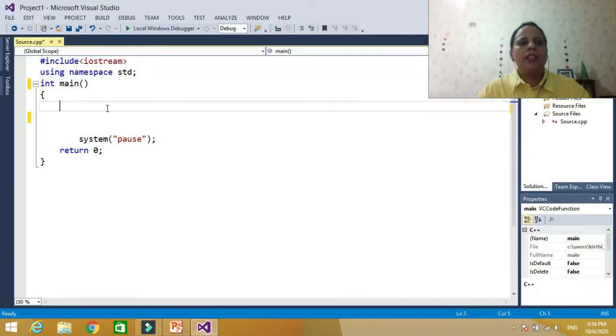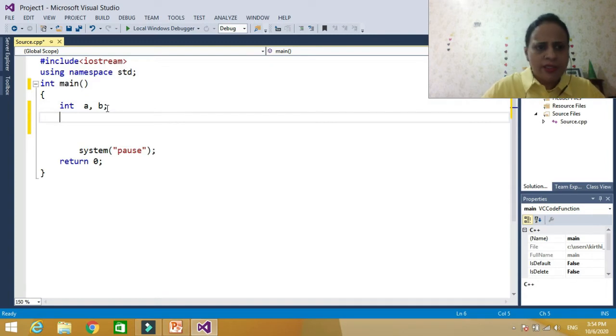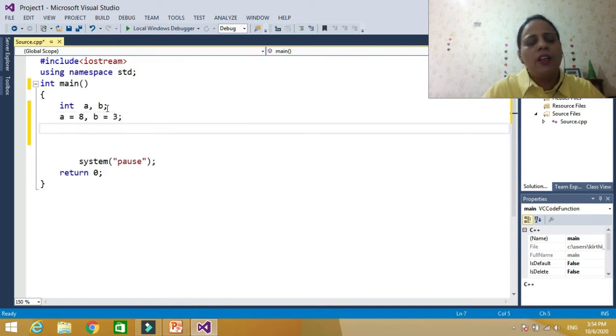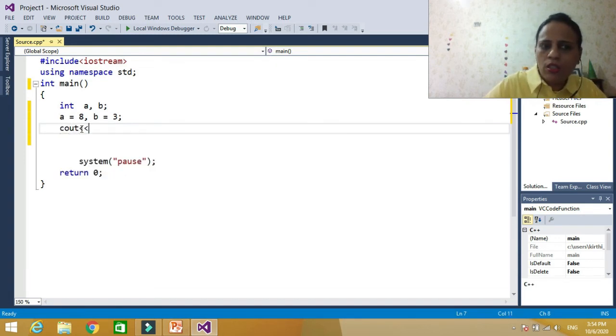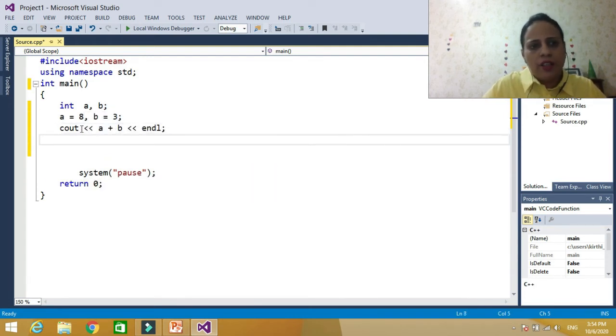Now let's check, and let's say I declare two variables of type integer, int a, b. Now let's assign them values here only. Let's say a is equal to 8 and b is equal to 3. Now let's say you want to find a plus b. So simply you can write cout a plus b, next line.